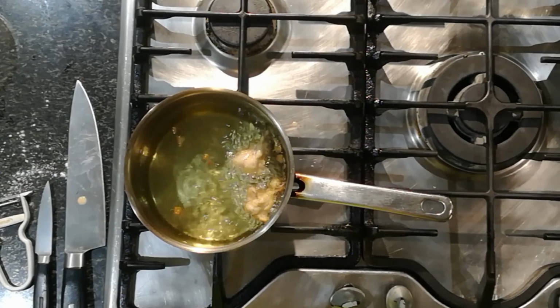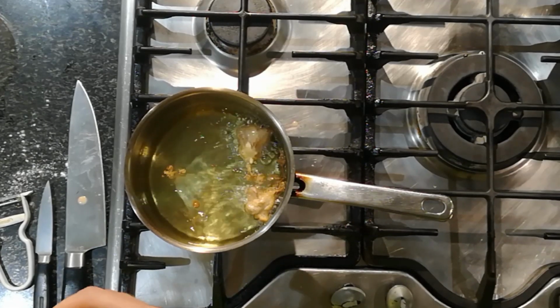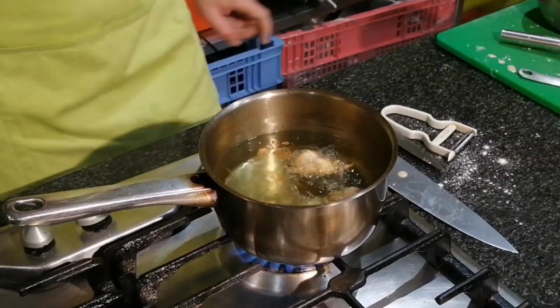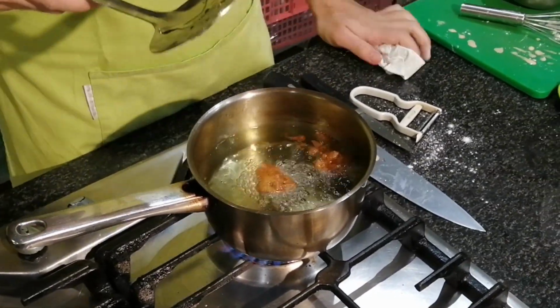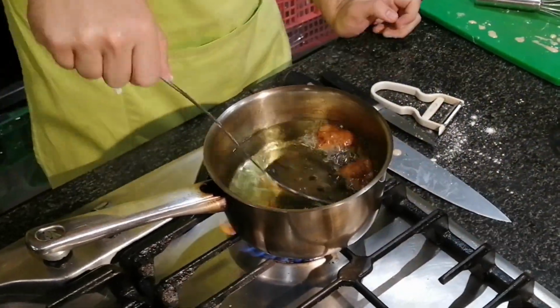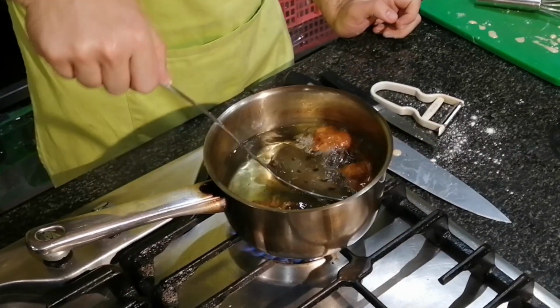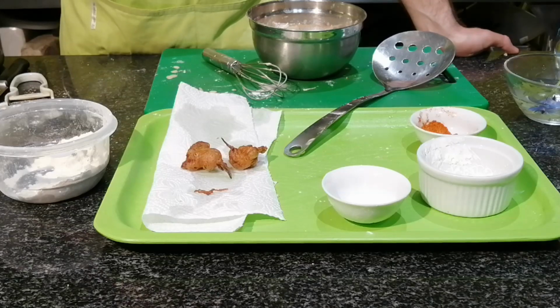You're going to let those fry for about 1 minute to 1 minute 30. It goes really, really quick. You just want to get them nice golden brown and delicious. Give them a little flip around there. Look at that, beautiful golden brown and delicious texture. So inviting,